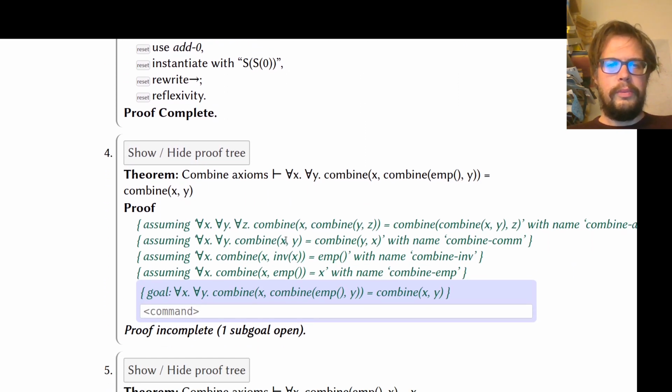The fourth equality proof is slightly more complex. So here we have a whole bunch of axioms about some operation called combine and an operation called inverse, and a constant called emp. And the idea is that we can think of combine as being a bit like addition on the integers. And these are some properties that addition on the integers